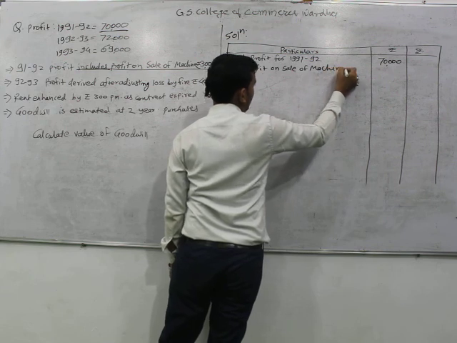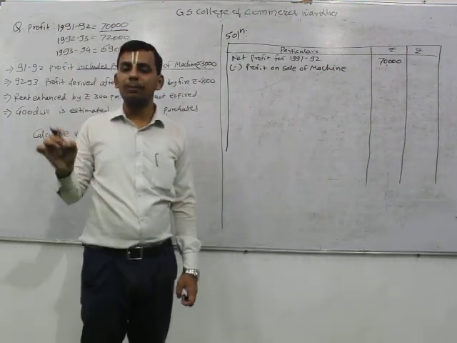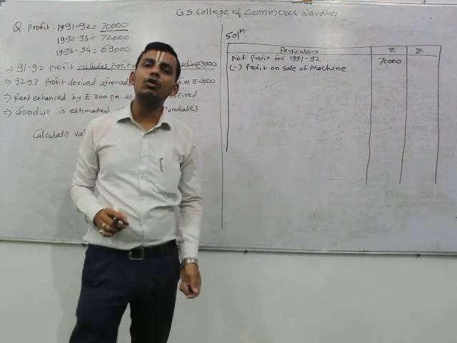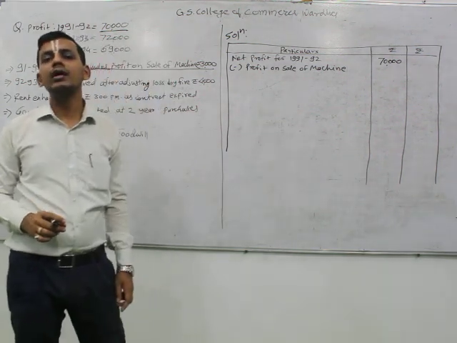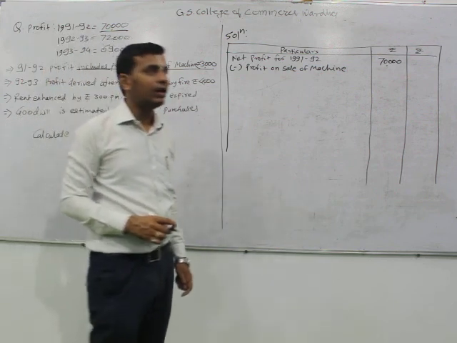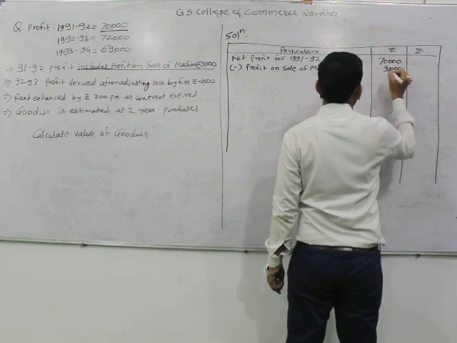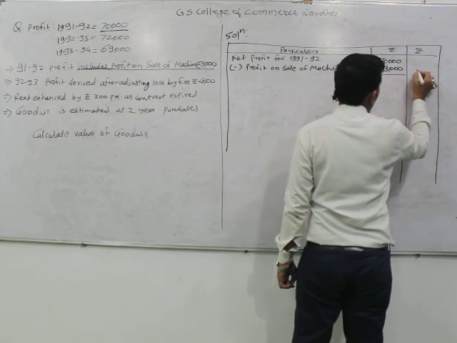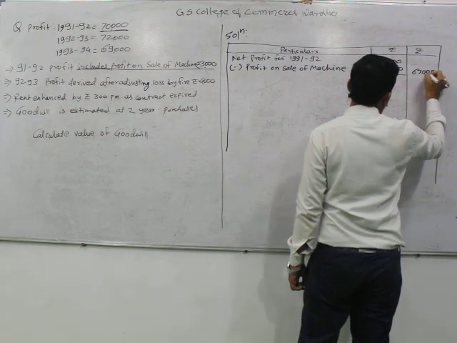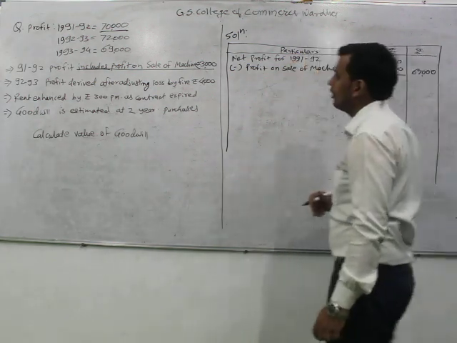Why has it been deducted? To arrive at the original operating profit. This is net profit including all the adjustments. Here we have to deduct abnormal income or extraordinary income from the business. Hence we are deducting it, by rupees 3,000. So our actual operating profit for the year 91-92 is 67,000.